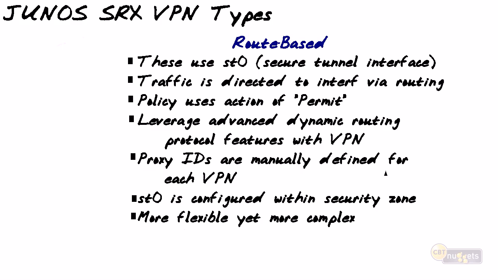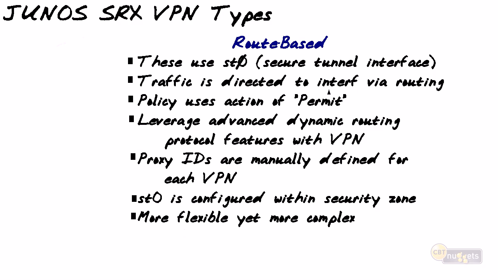Let's say, what's the destination address and the source address in the application as far as applying the VPN to it. Here, we use our routing mechanism, and whatever we route to a virtual tunnel interface, that's what gets protected. So Cisco uses a VTI. The Junos SRX uses an ST0. Okay, so they use an ST0 secure tunnel interface, and the traffic that gets to be encrypted or protected is